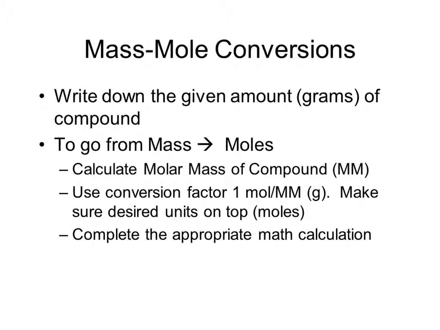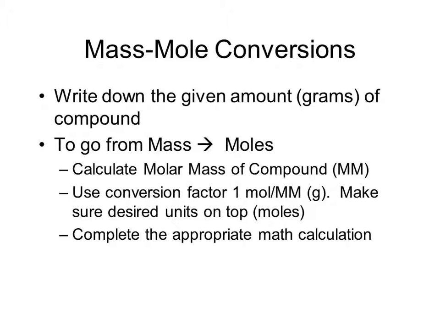So the first thing we're going to do is write down the given amount in grams. This is what we're given. And then to go from mass, which is grams, to moles, we need to calculate or look up the molar mass of the compound. And if you don't know how to do that, you should review the previous tutorial on determining molar mass,